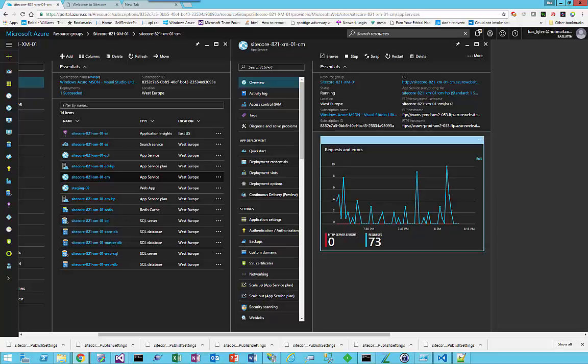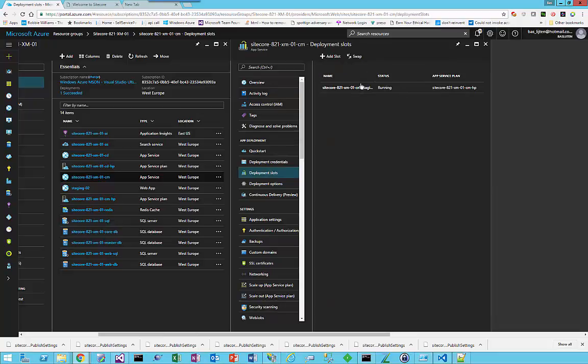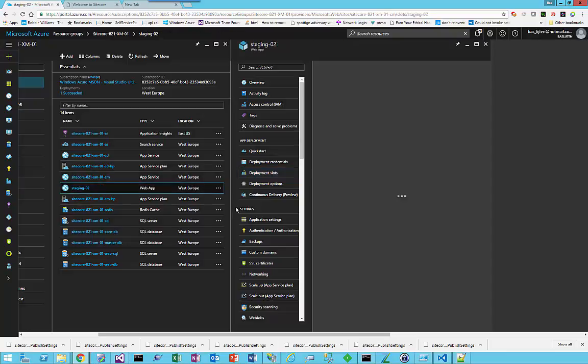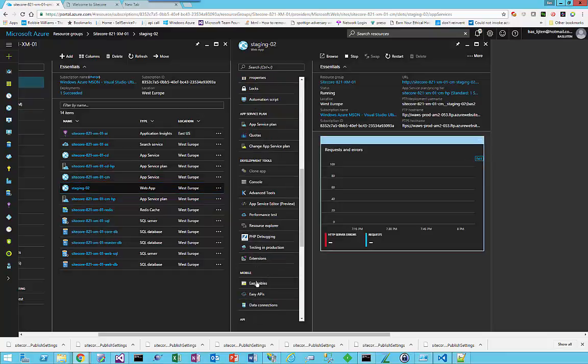That's great, right? So we can navigate to the deployment slots over here. I already added one, but it's very convenient to do. Add a new slot, give it a name, for example, staging 02. Make the choice if you want to clone the configuration from an existing slot or not, and press OK. And that's all you have to do. So if we take a look at the staging slot,